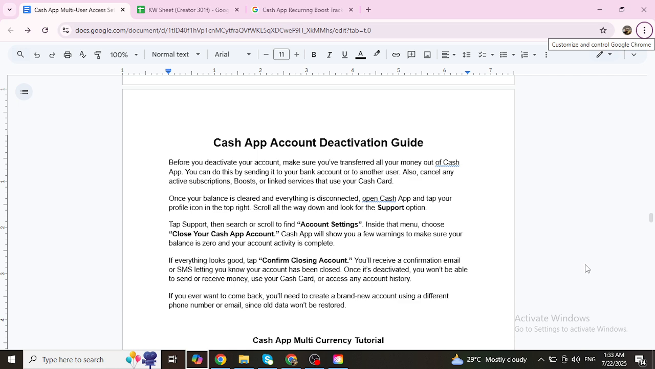So before you deactivate your account, make sure you have transferred all your money out of Cash App. You can do this by sending it to your bank account or to another user. Also cancel any active subscriptions, boosts or linked services that use your Cash Card. Once your balance is cleared and everything is disconnected, open Cash App and tap your profile icon on the top